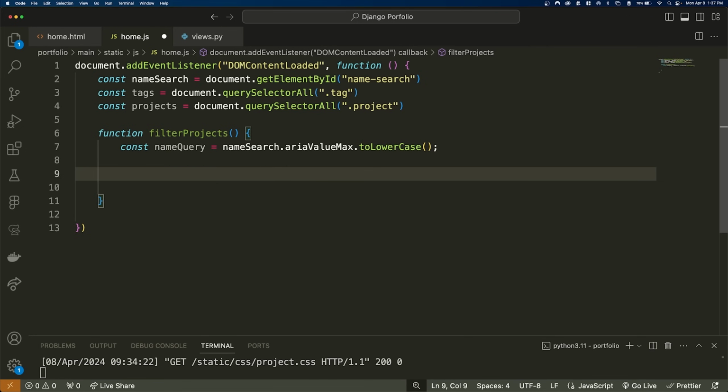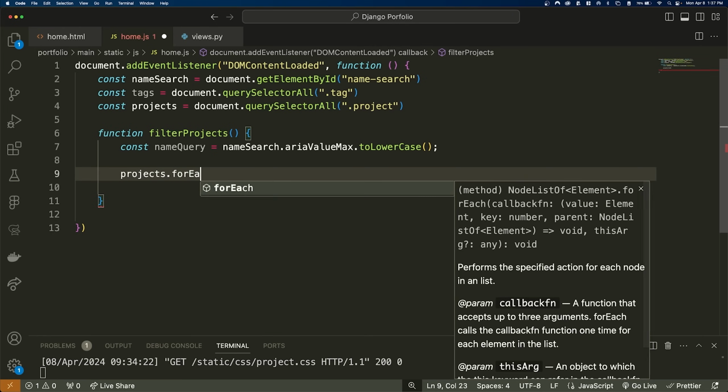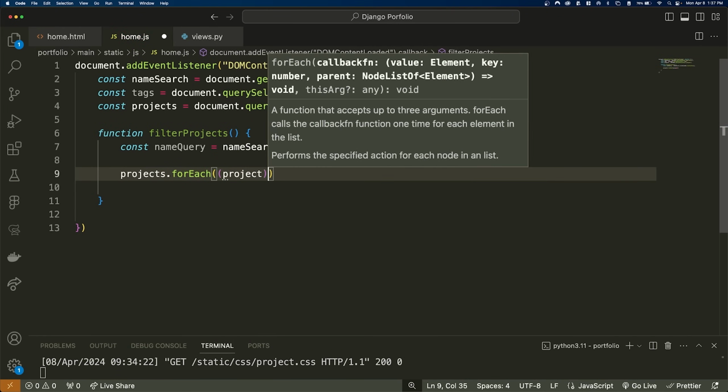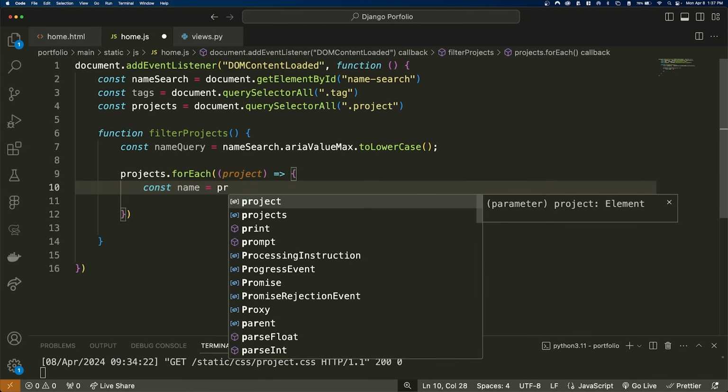Now what we're going to do is loop through all of the projects that we have, and we're going to see if the query that we searched for is in the project name. If it is, we'll leave it there. Otherwise, we'll remove it. So we're going to say projects.forEach, and then inside of here, we're going to have a project. Okay, we're going to have an arrow function, and we're going to say the name is equal to